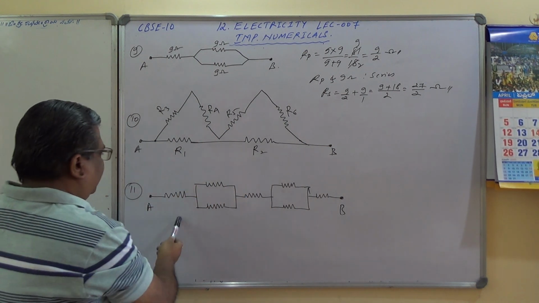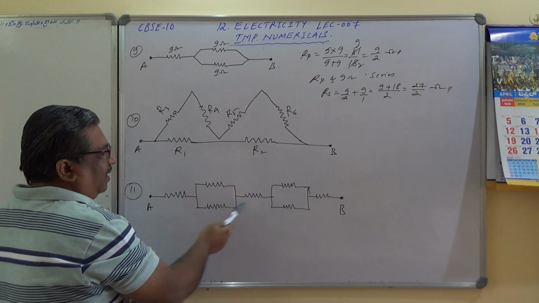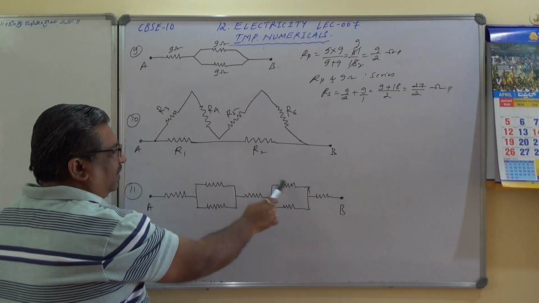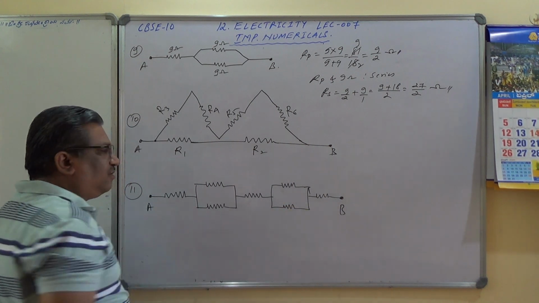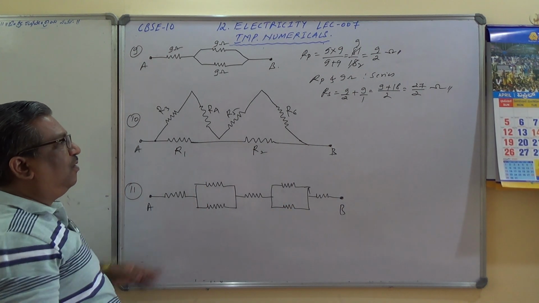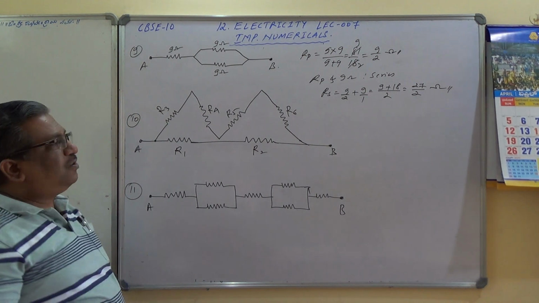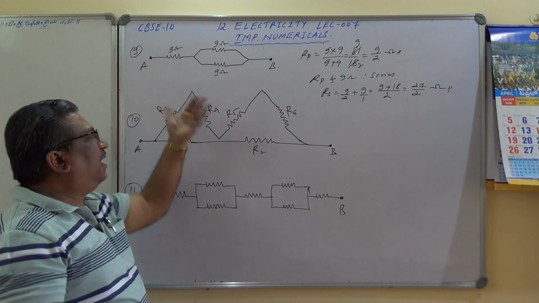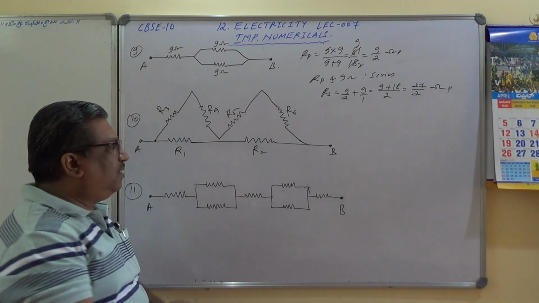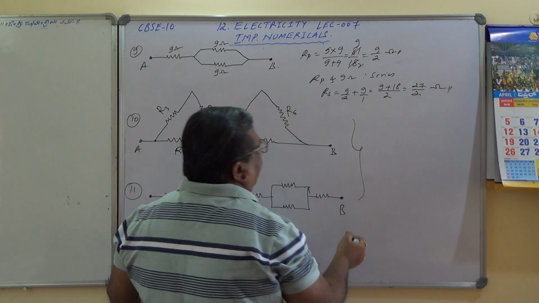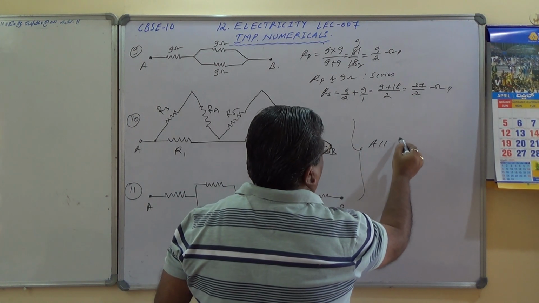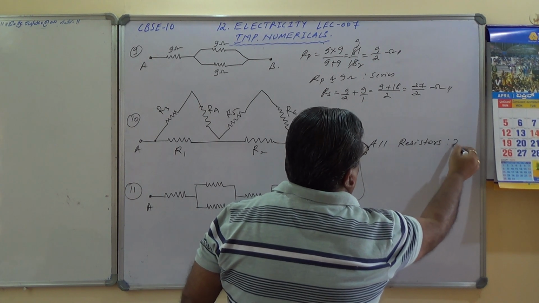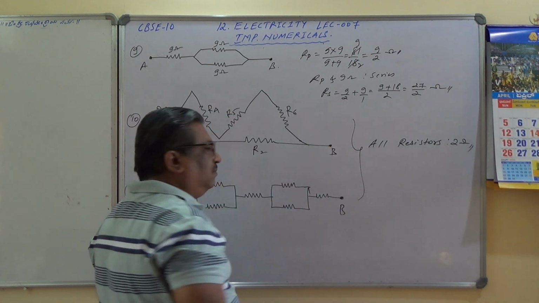I hope you understand. Next, here these two are in parallel, these two are in parallel. So this entire thing, this entire thing, and this, all these are in series combinations. I hope you are able to understand how to solve these numericals. Please note it down. These are very typical. You have to try yourself. You take everywhere R equals 2 ohms, and calculate. Take these two as assignments, all resistors 2 ohms, and calculate it.